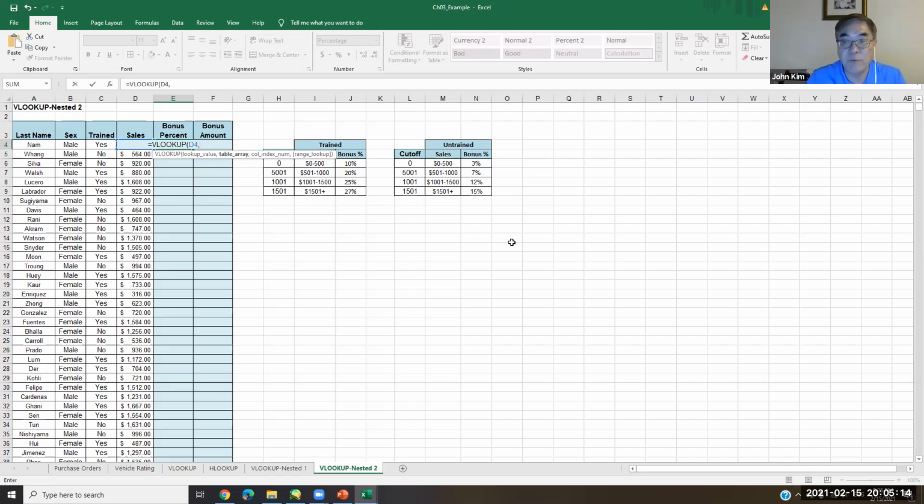So using an IF function for the lookup table. So if C4, this one, equals yes,